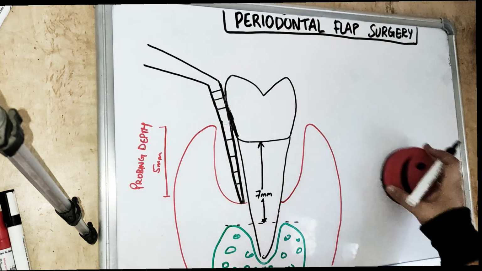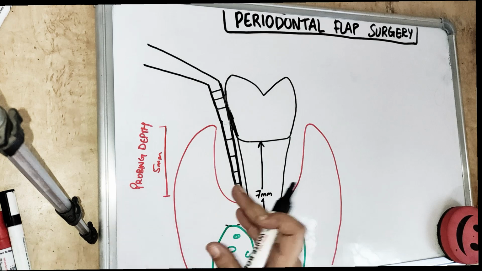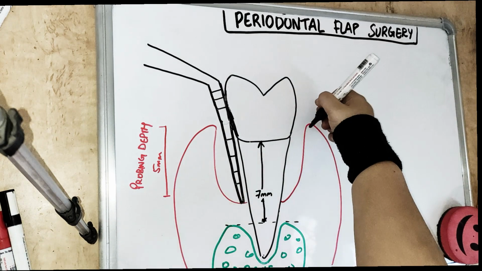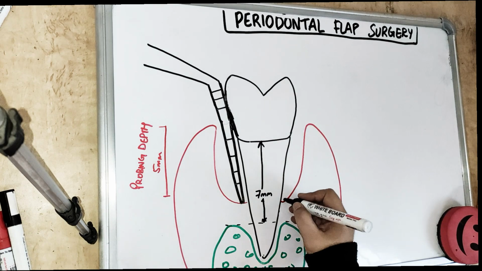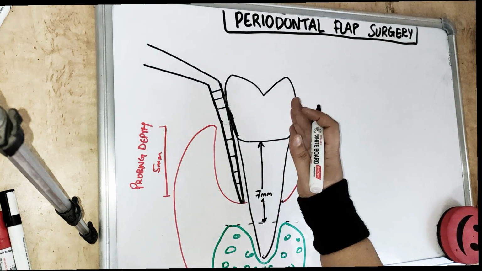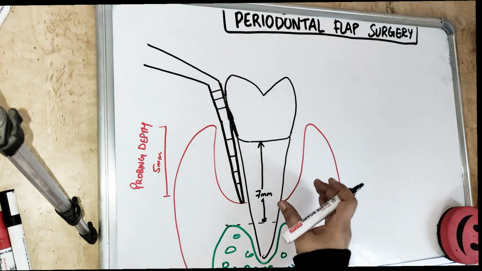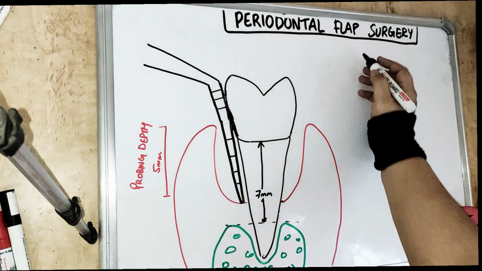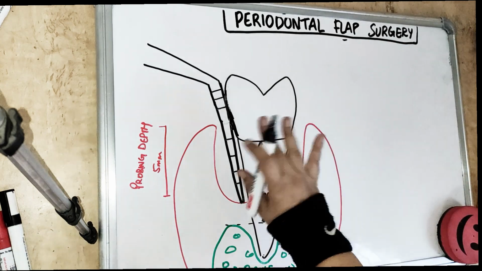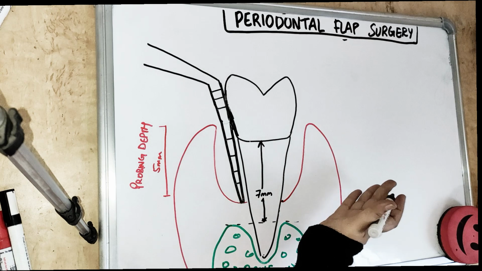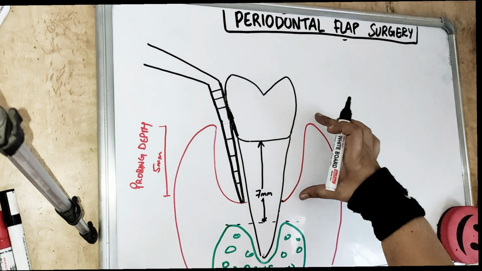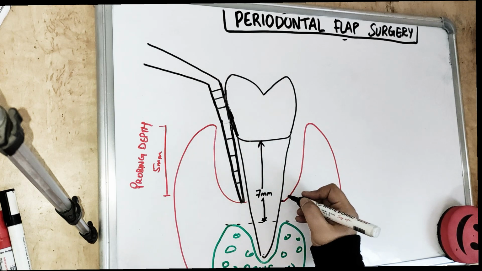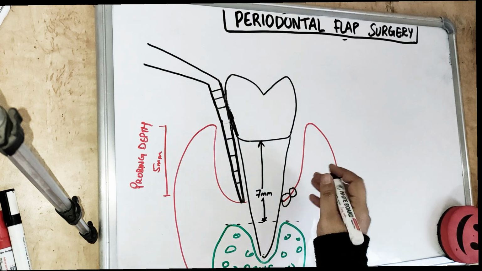Now talking about the periodontal flap surgery, which is today's topic. It is removing the tissue in order to access the inflammation, in order to access the necrotic tissues, to clean it. So this is the surgical procedure in which a tissue is reflected, which we call flap surgery. Now this flap surgery is not rocket science. Basically it is separating the soft tissue. So we are separating this part of the soft tissue in order to remove the necrotic tissues or the inflamed tissue.